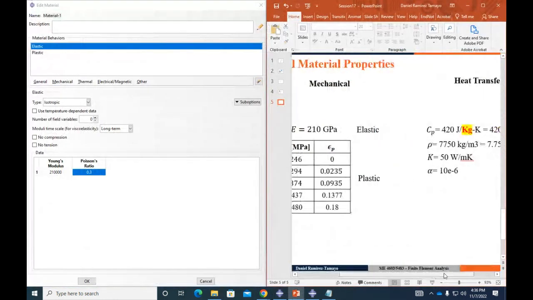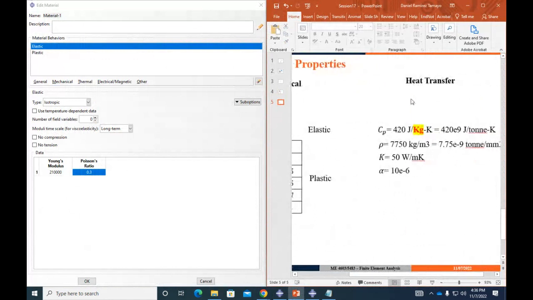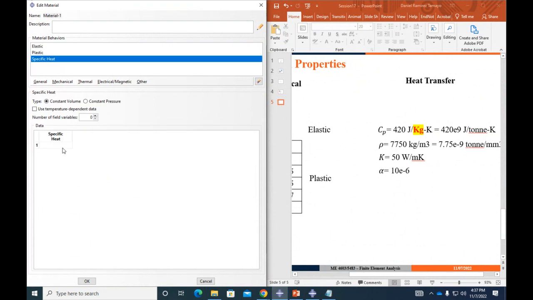So I have them right here for you. Heat transfer, CP. Anyone remember what CP is? Specific heat. So I'm gonna go here to thermal, go to specific heat, and then enter my specific heat for the steel.